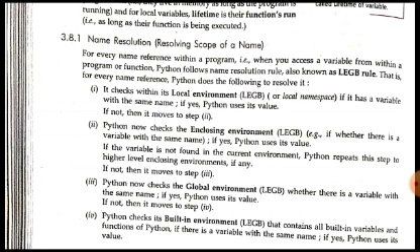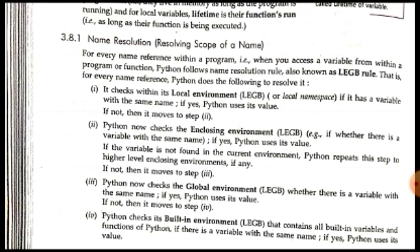अगर वहाँ भी नहीं मिला तो क्या करेगा? फिर वो ग्लोबल एनवायरमेंट चेक करेगा. ग्लोबल एनवायरमेंट मतलब क्या? जो हमारा मेन फंक्शन, जो हमारा मेन प्रोग्राम है, और मेन प्रोग्राम इज द ग्लोबल एनवायरमेंट. If it does not find it in the local environment as well as enclosing environment, then it will check in the global environment. अगर वहाँ भी उस नाम का कोई वेरिएबल नहीं मिला तो क्या करेगा? फिर नॉट देन, it will check in the built-in environment.